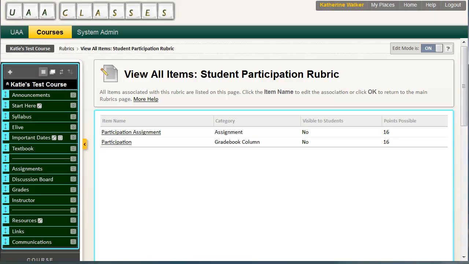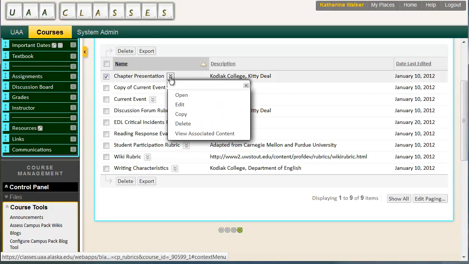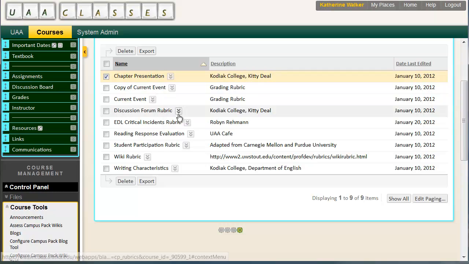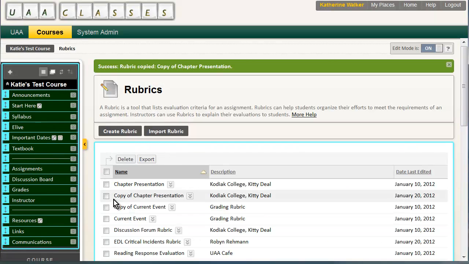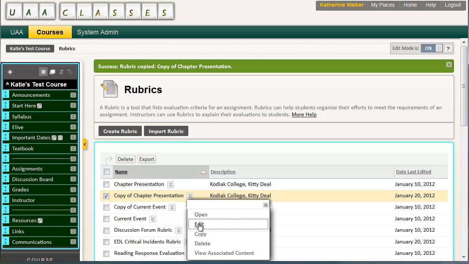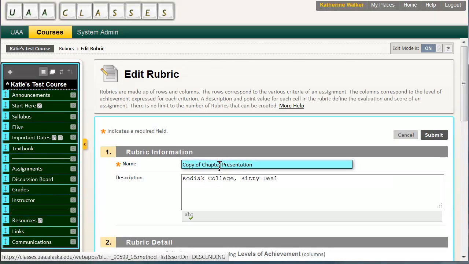So the other thing you can do, of course, from the Action Links button is to just look at one of these rubrics or edit one. Copying is if you want to create a new rubric based on that. So maybe I have a separate one that's for a particular chapter presentation, so I can just copy this one, and then I get a copy of chapter presentation, which then I can edit and make a little bit different. So let's say this is a whatever multimedia presentation, and kind of base it on